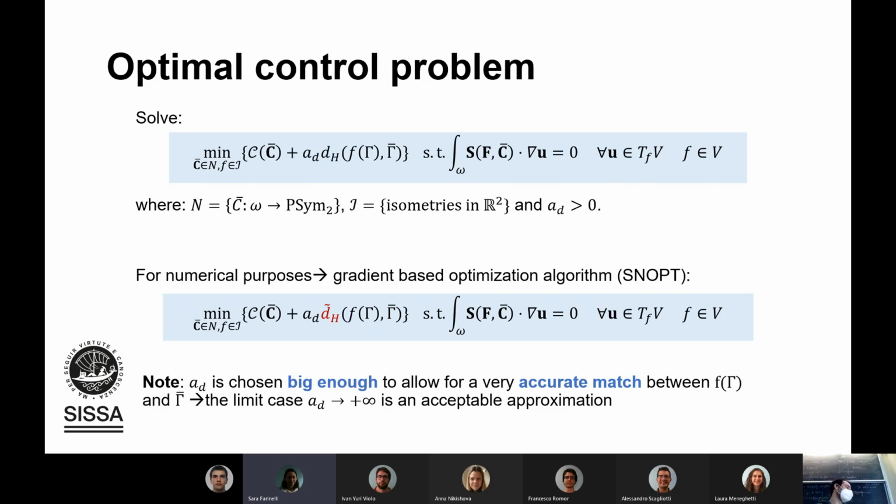And the mechanical problem is solved with the standard finite element method. And this is a gradient-based optimization algorithm. So you choose the solution in a finite element space? Yes. We use standard triangulation, nothing strange, and second order